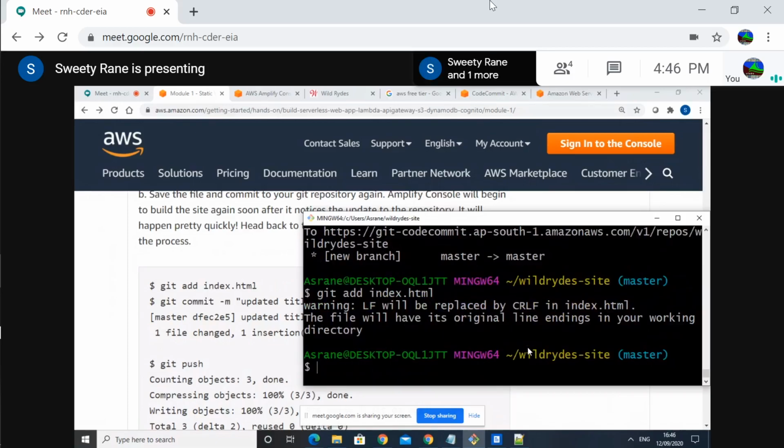Then it says git commit -m within quotes, updated title.